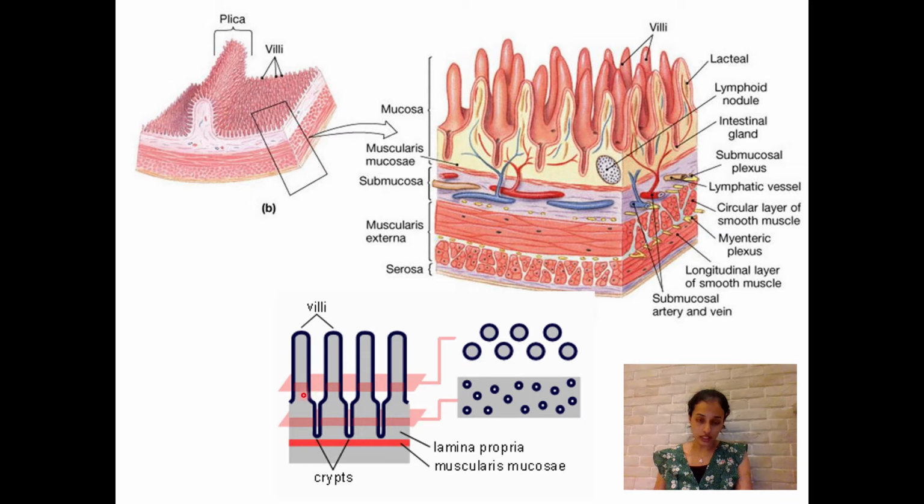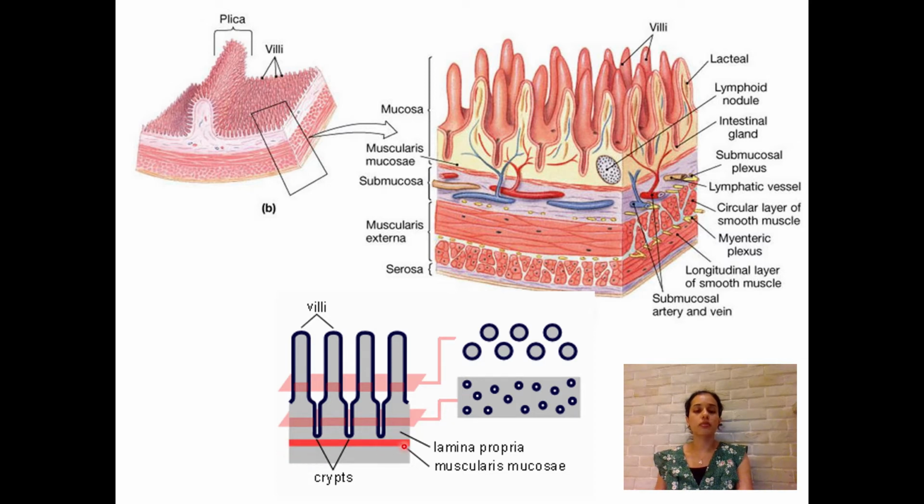In between the villi, the surface epithelium invaginates to form crypts, and the openings of the crypts are called the crypts of Lieberkühn. These have intestinal glands and different cells, like stem cells, which mainly replace the other absorptive cells, the goblet cells. Then they have Paneth cells, which have a protective mechanism. They form an innate immunity within the small intestine, and also regulate the microenvironment within the small intestine. Then there are enteroendocrine cells. So these form the intestinal glands, having a variety of cells.